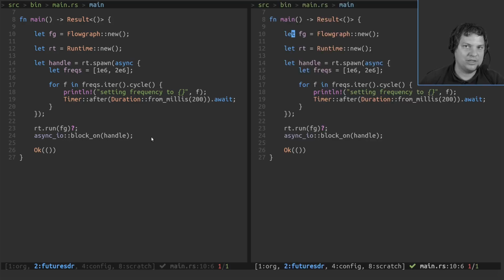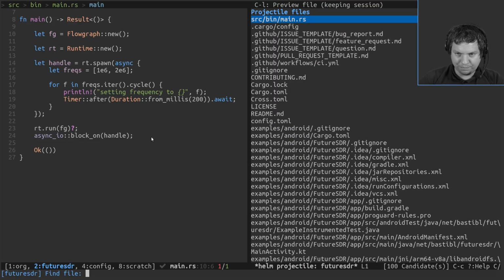So basically a message handler, and then we can print the messages that it received. And usually these messages could be used to set, for example, the frequency of the device, change taps of the filter, whatever. But that's not really important here.